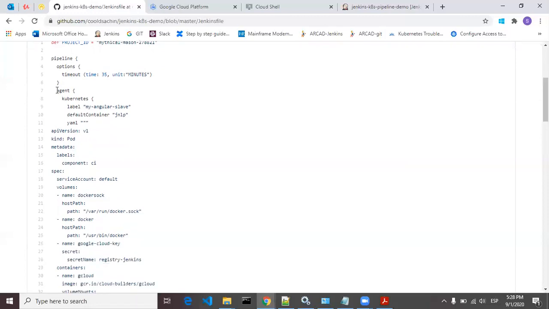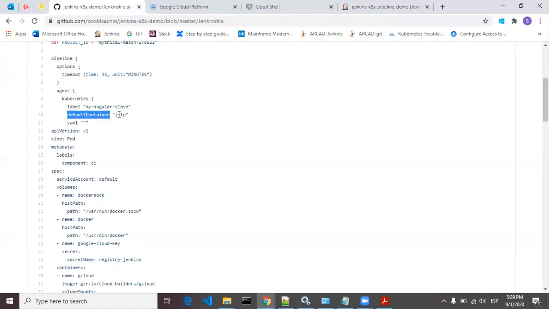Then in the agent section, I have given Kubernetes as a slave agent. As we already configured our cloud in Jenkins as Kubernetes, I have given the label my Angular slave. You can give any name over here.